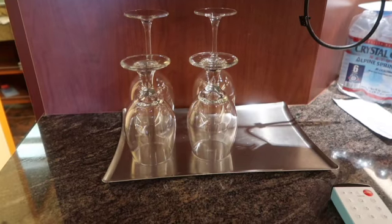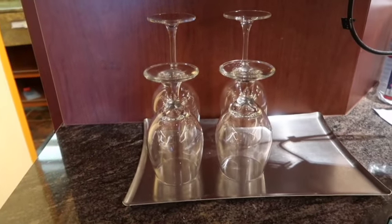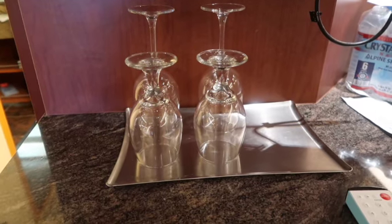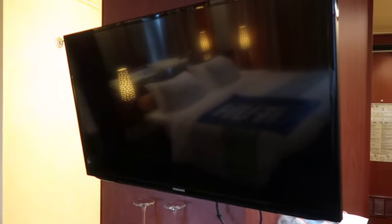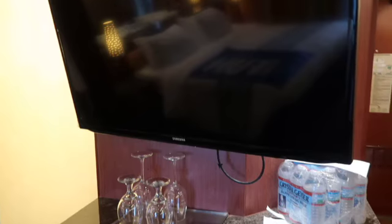When I had the balcony cabin in February, we just had water glasses, but our steward has left us wine glasses in the suite, which is really nice because we like our wine. And we do bring the allowed 2 bottles of wine with us on our cruises. The room also has a very large television with remote, and it can be tilted so that you can face